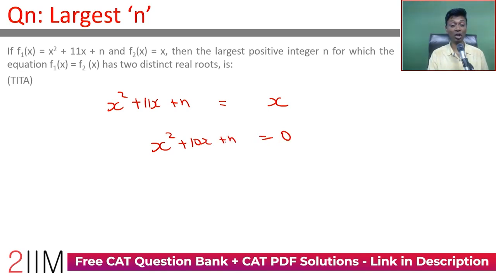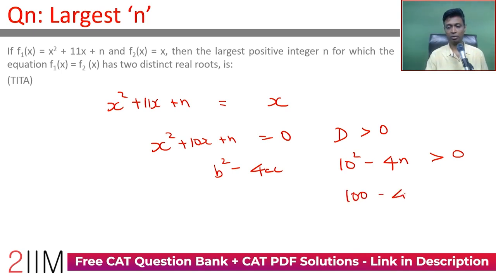This should have distinct real roots, or the discriminant should be greater than 0. Discriminant is b square minus 4ac, which is 10 square minus 4n greater than 0. 100 minus 4n greater than 0, or 25 minus n greater than 0, or the maximum positive integer n can take